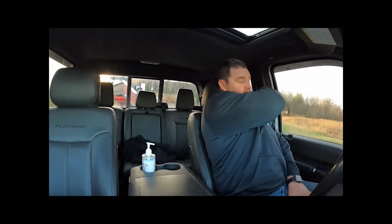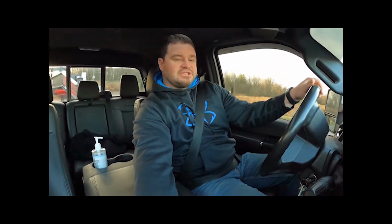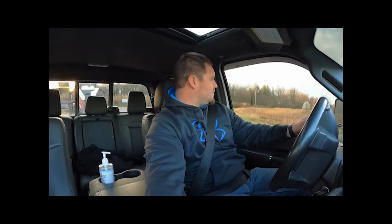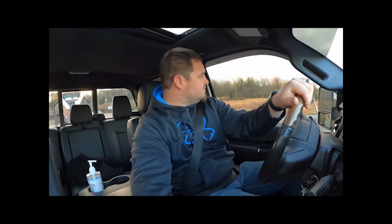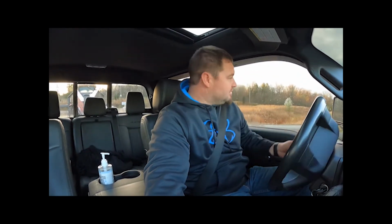All right, so this here is a 2016 F350 long bed, 4-door, and it's been probably one of the smoothest, best riding trucks that I've owned. I think the 8-foot bed, and it's an F350 Platinum. It is smooth. And then I had this Delta trailer